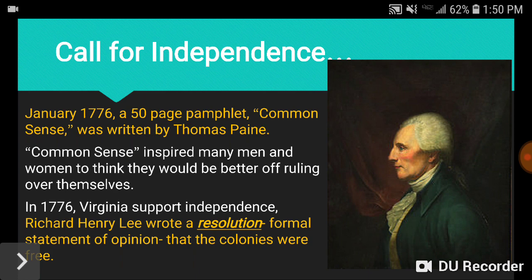And essentially what this Virginia resolution is going to be is it's going to state that the colonies should be free, or the colonies were free. They have their independence. They no longer need to follow the King of England because he has no way of relating to the colonists whatsoever. And so this Virginia resolution is really like the second, because you could really call Common Sense the first, kind of little breakup notes that the colonists start sending throughout the colony saying, we really should break up with the King of England. We need to fight for our own independence. And so that's what the colonists are going to do.